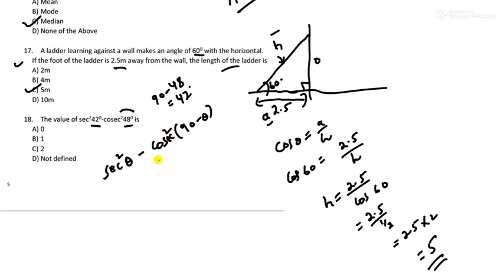This is cosec, sorry, not cos. So now here we can write sec square theta minus cosec square, and cosec of 90 minus theta is what? It is sec. Sec square theta only. So sec square theta minus sec square theta is 0. Okay, instead of theta here they have given 42. So the answer is 0 degree. Okay, sorry, 0, not 0 degree. So I hope you have understood this.